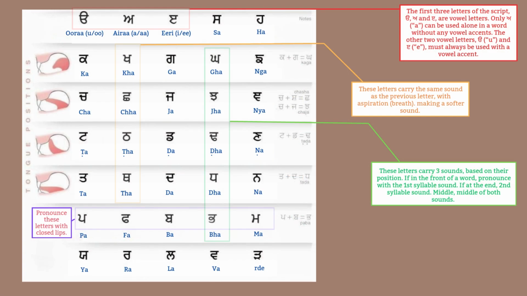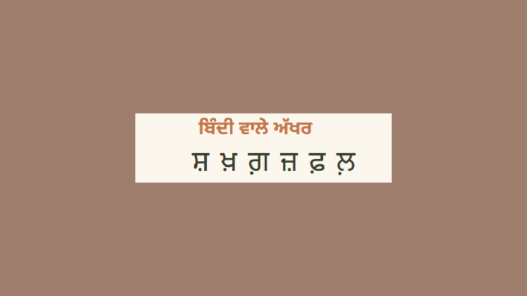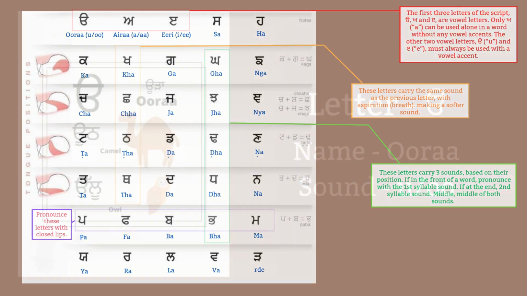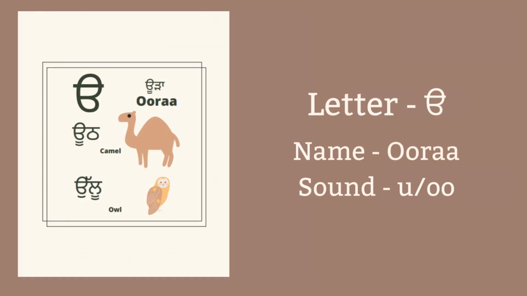In the first lesson, we will learn how to read and pronounce the 35 letters of the Gurmukhi script. Along with this, we will also learn how to read and pronounce the additional 6 Persian letters that were introduced into the Gurmukhi script. Please note that in Gurmukhi, every letter has a name as well as a sound. For example, the first letter of the Gurmukhi script is Uda U. The name of the letter is Uda and the sound is U.